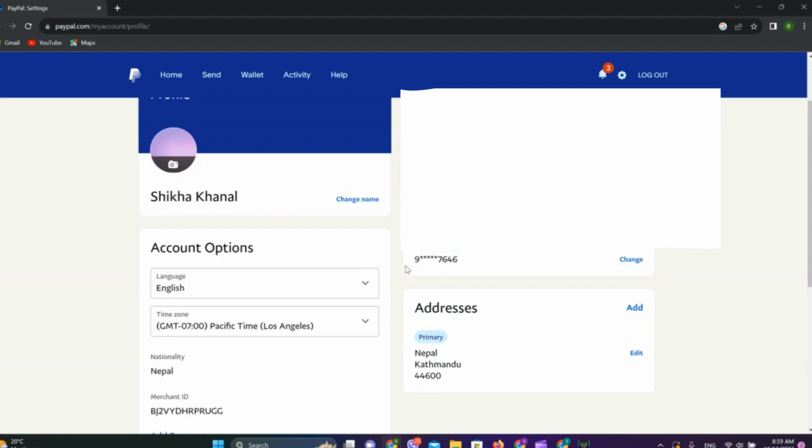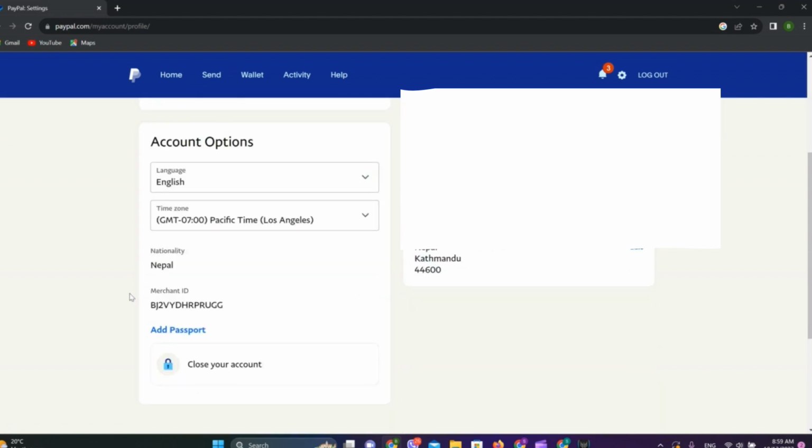Now we are in our account. If we scroll down a little bit, here is our merchant ID. So this is it. This is the position where you can find your merchant ID, and there's no such thing as account number